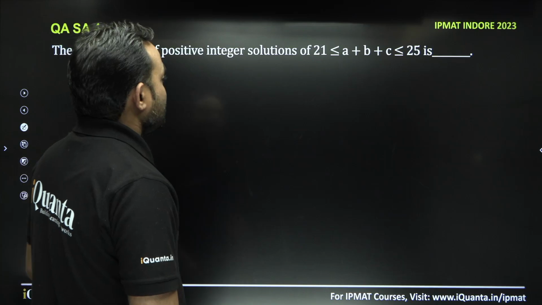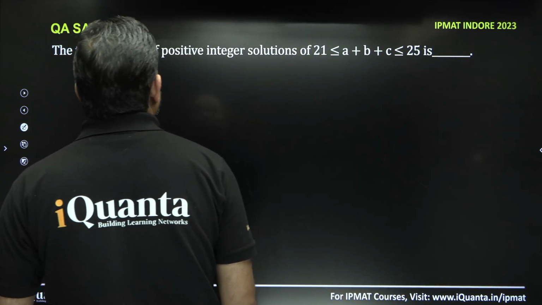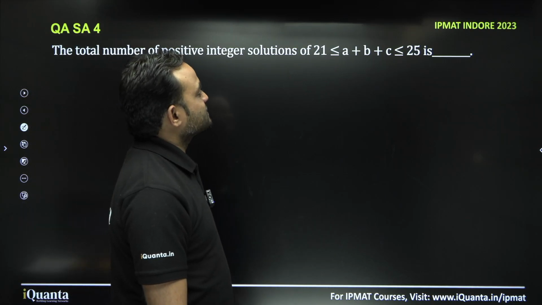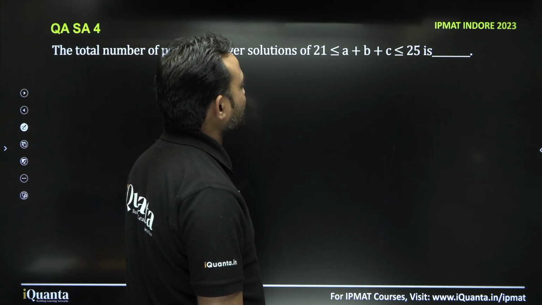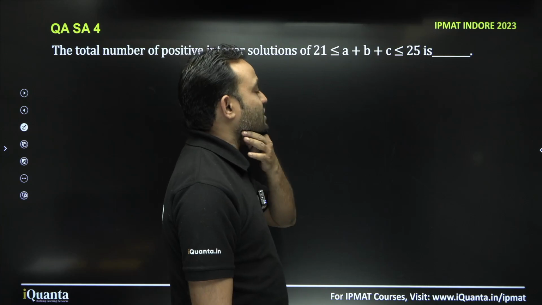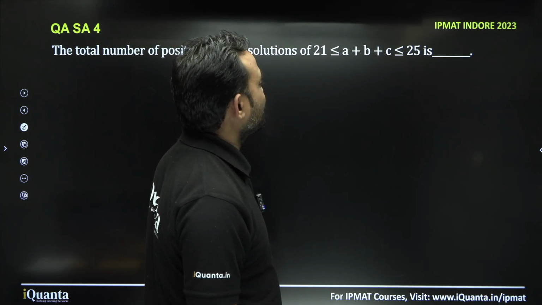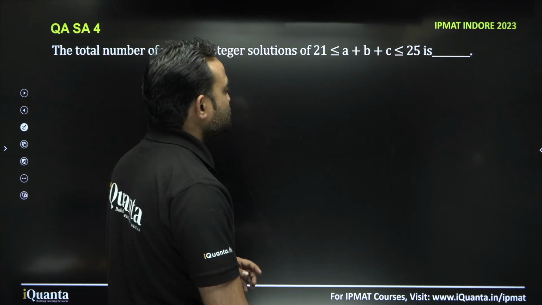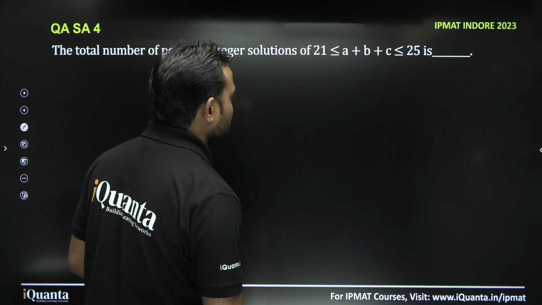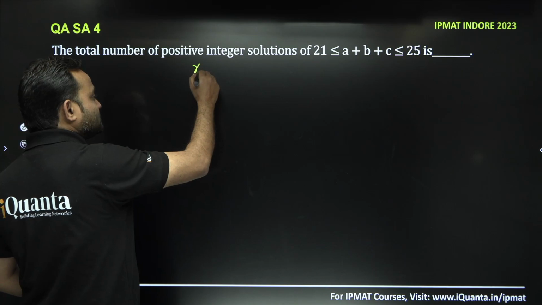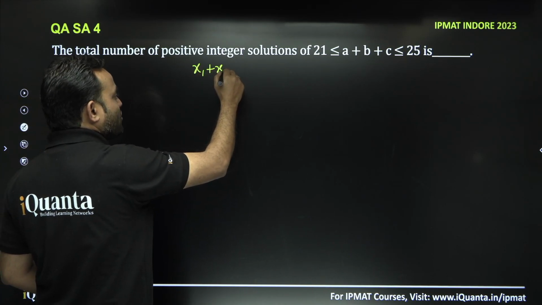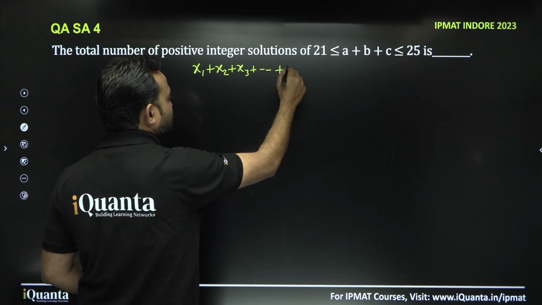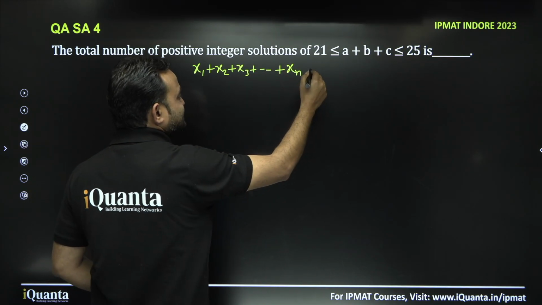Now, next question, it says the total number of positive integer solutions of 21, a plus b is greater than equal to 21, a plus b plus c is greater than equal to 21, less than equal to 25 is, what will be the total number of positive integral solutions? So सबसे पहले क्या जानते हैं हम positive integral solution के बारे में कि if there are n positive integers, something like this, जिनका sum s है,